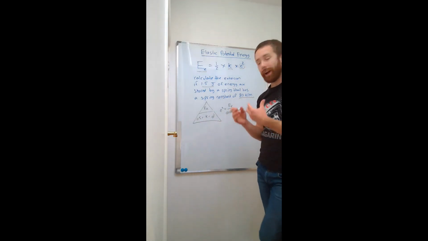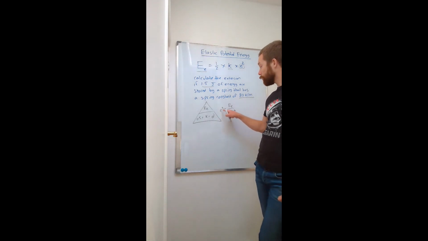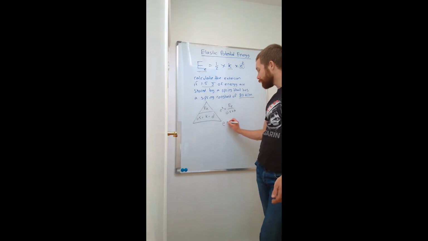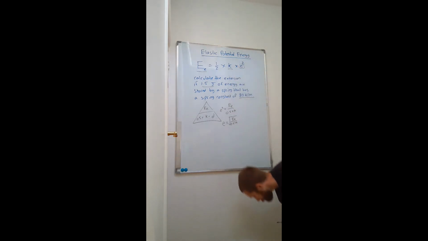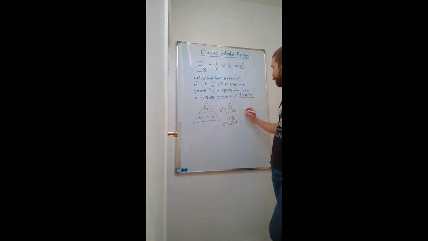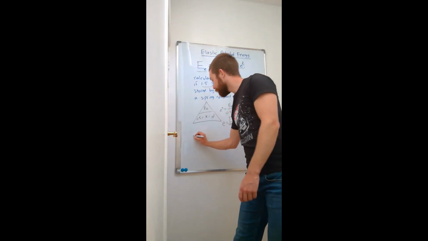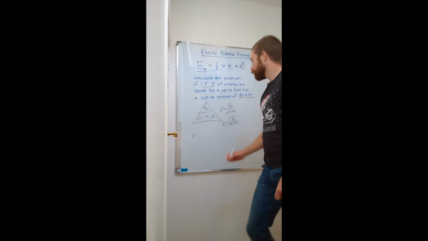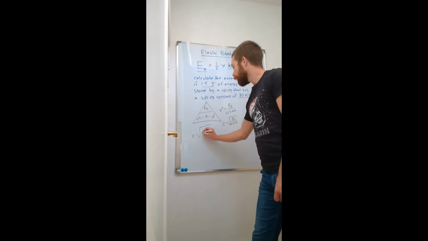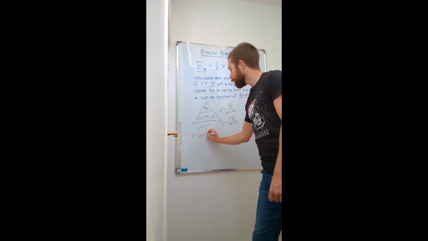Okay, so if I want to actually get extension now, I need to square root this. The square root of extension squared will give me extension. So I'm going to say the extension is equal to the square root of elastic potential energy over half times by the spring constant. So if I do this in my calculator now with these numbers, the extension is equal to the square root of 1.5, which is my energy, over 0.5 times by